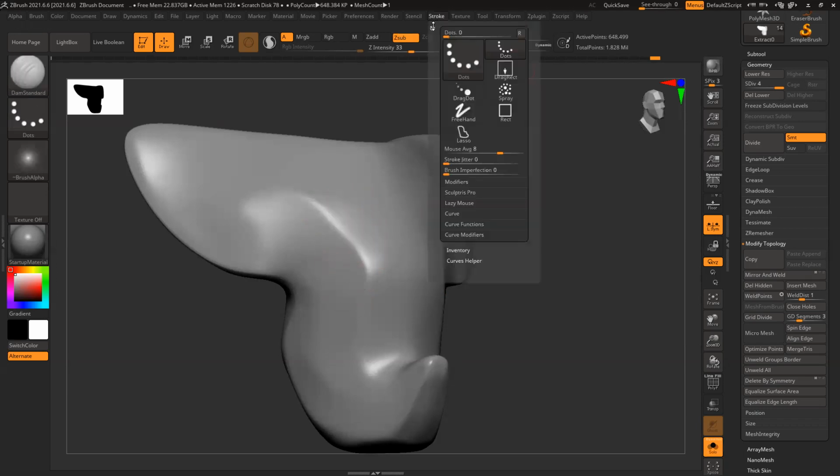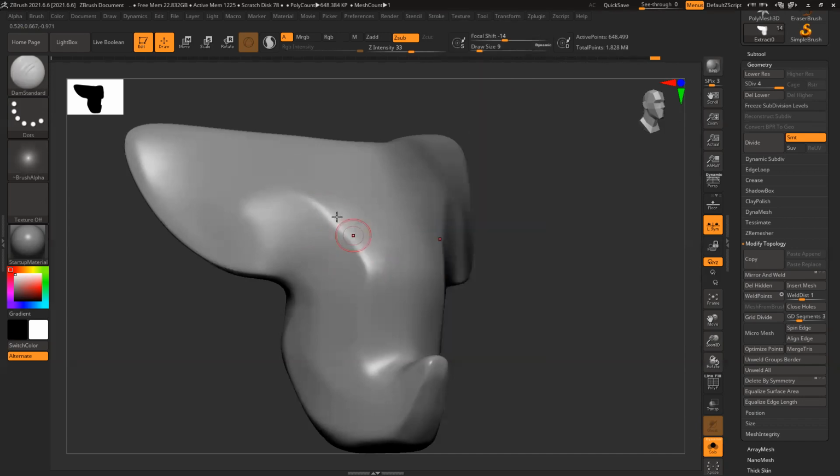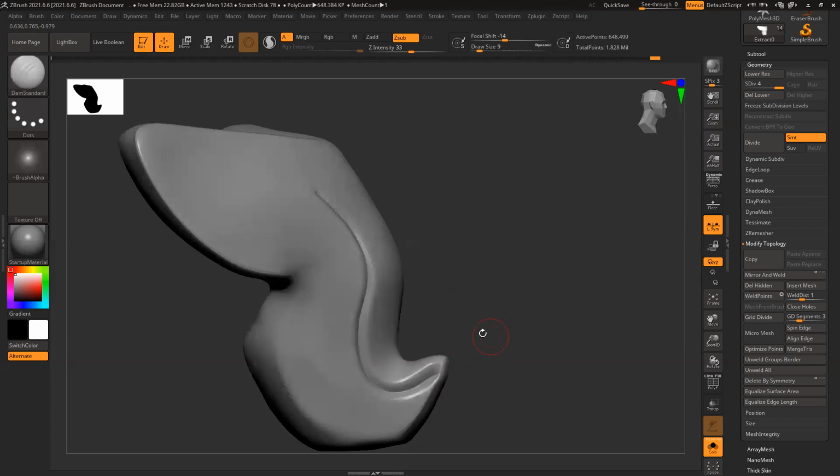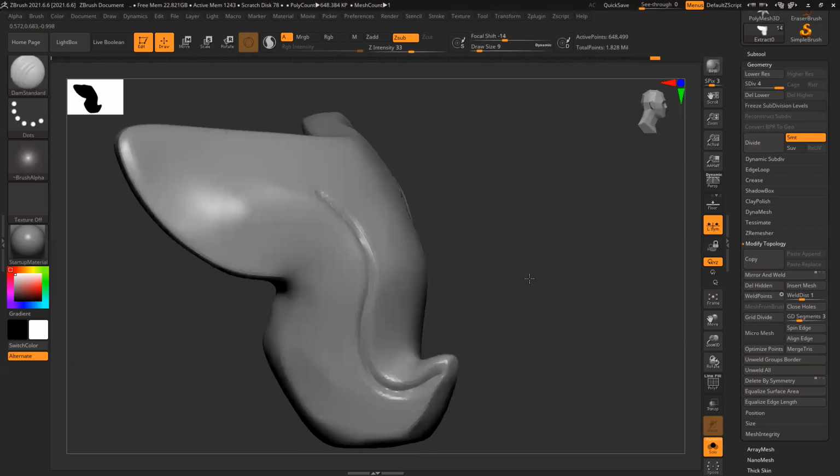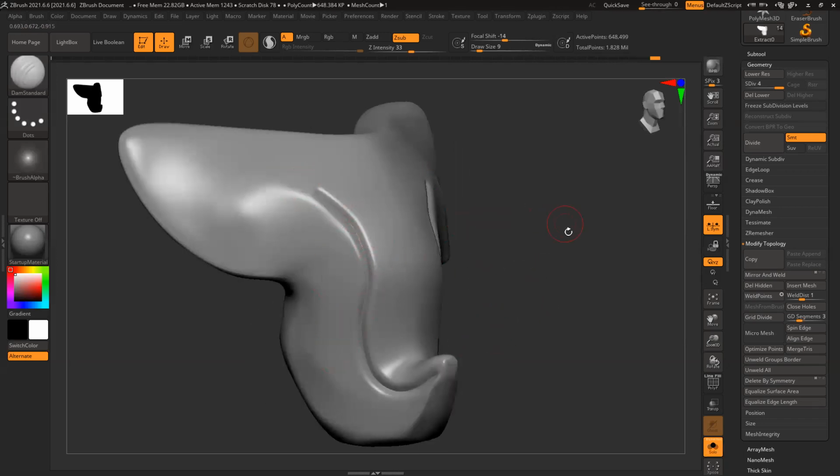So what I can do, I can go to stroke, switch on my lazy mouse and increase the radius so that I can drag this thing really nicely without much problem. So it will give me a nice curved shape.